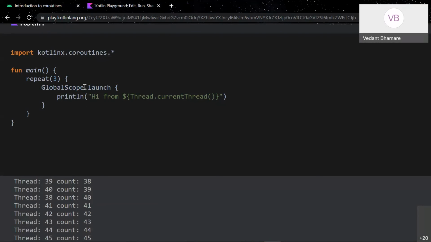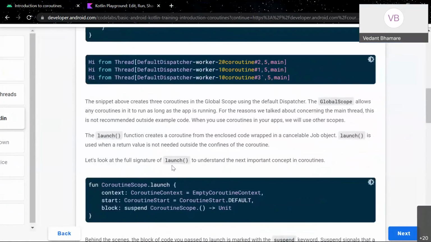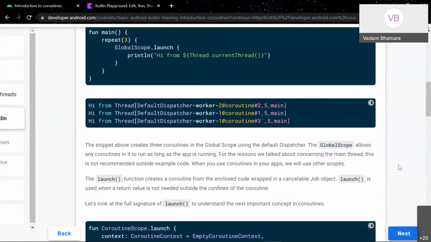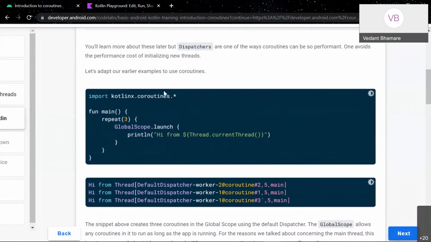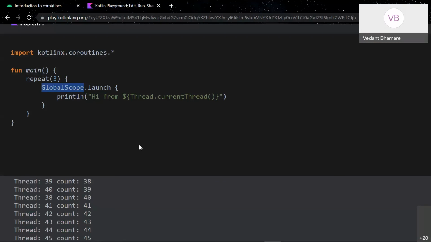So what GlobalScope basically means is that it is global. In your app, you won't be using it. They have also mentioned it here. This won't be used. GlobalScope basically means it takes in the whole app. So if you define this in the whole app, this scope will keep running unless you exit out of it. Not only background, but you have to completely exit out of it. You have to remove it from recents also. So unless you do that, the global scope will be running.